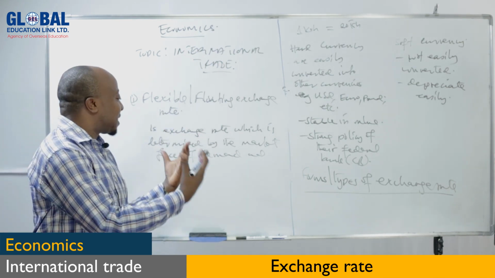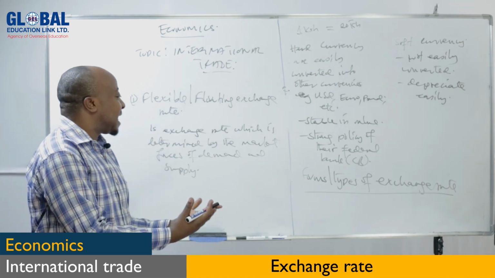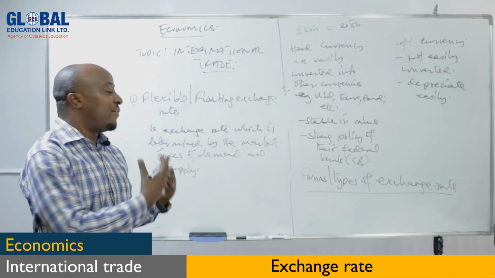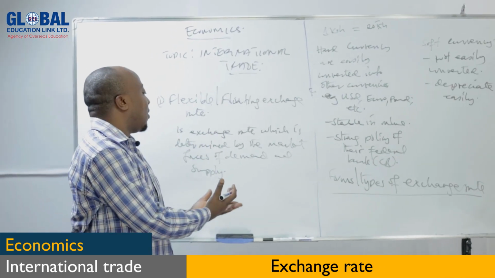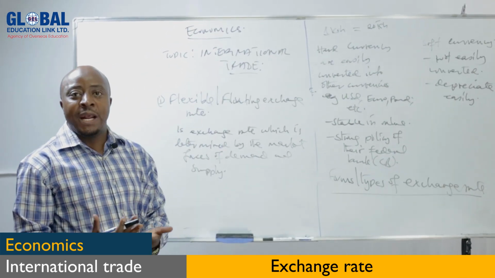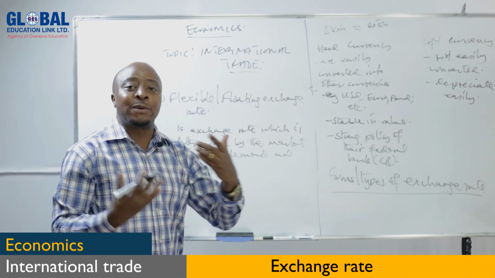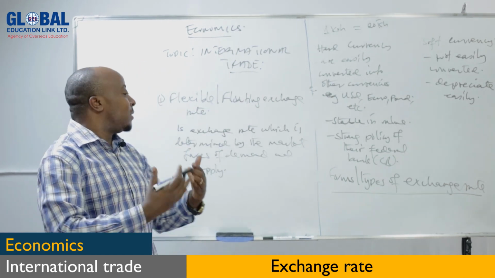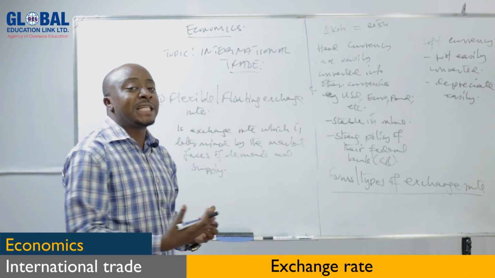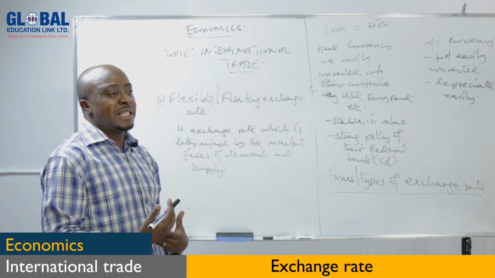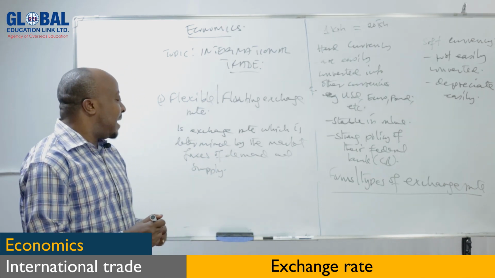The exchange rate of a particular country, the exchange rate at which the domestic currency is exchanged against foreign currency, is determined freely by the forces of demand and supply. It means the demand for a particular currency and the supply of a particular currency are the ones which are going to determine the exchange rate of that particular currency. The government does not intervene in this system. It means demand and supply